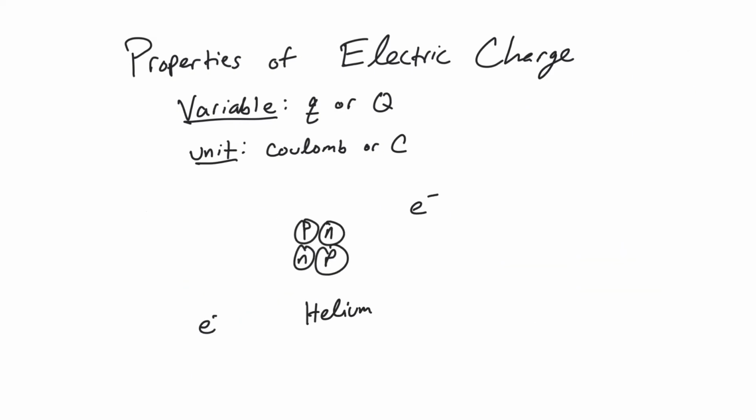All right, and one final thing we'll talk about here for just an introduction to electric charge is reminding you that when we're talking about the structure of atoms, the protons and neutrons are packed tightly in the nucleus, and that's where all the positive charge is. And then on the outside of the atoms, we have all the electrons and their electron clouds. And you've studied this in, hopefully, chemistry. And it's an important idea that you realize that this negative charge is on the outside of the atoms,